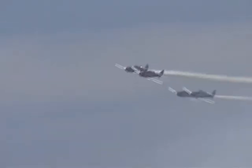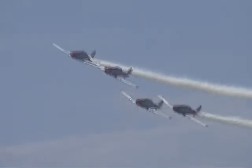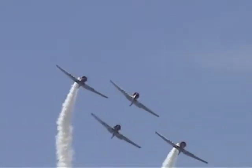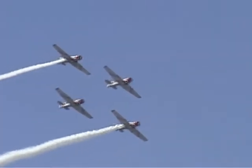That's Jan Wilberg and Steve Salmers. The propellers on these airplanes are 9 feet in diameter. A very, very thick wing. They're not as maneuverable as some of the airplanes you will see here today, so working them in formation and in aerobatic flight takes a lot of stamina. Each of the pilots,